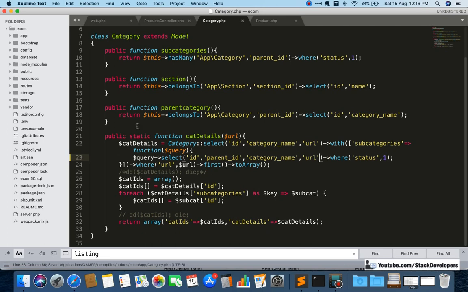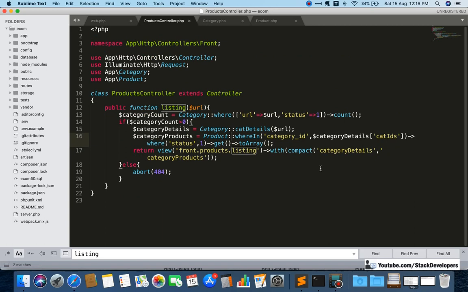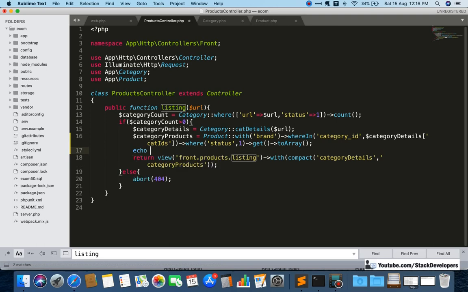Now we need to attach the brand as well, because we have added the brand, but now we need to attach the brand here with the product. We are going to attach the brand with brand. So the product brand will also come up, so we can debug this as well. We can do it like this to check whether the brand has come up or not.